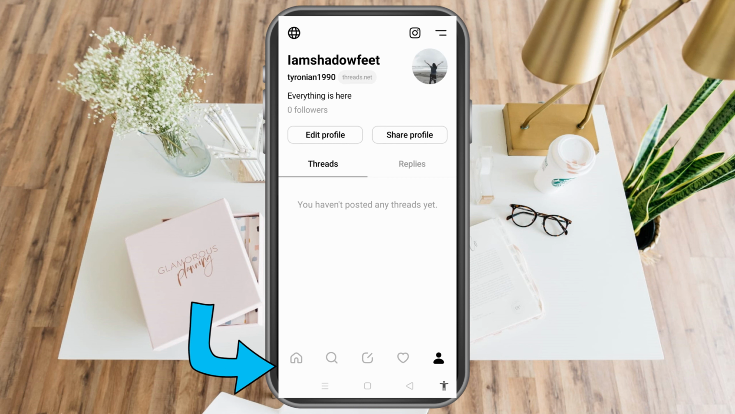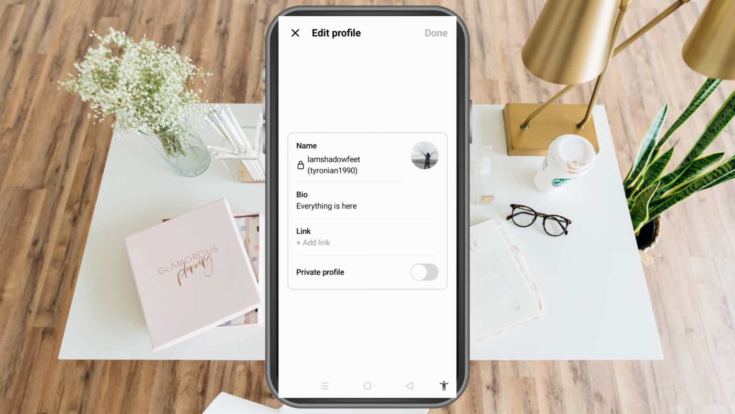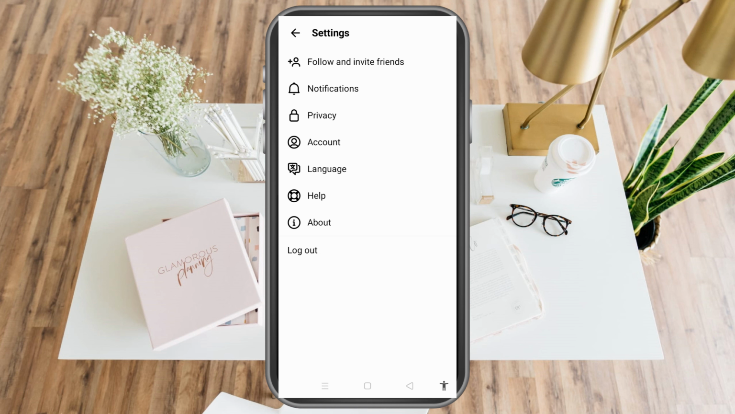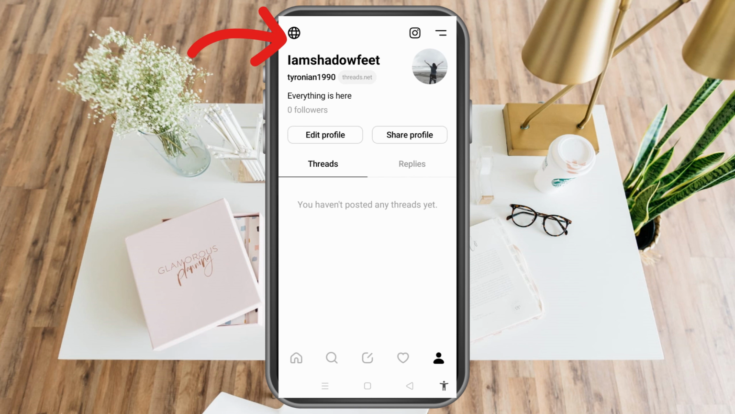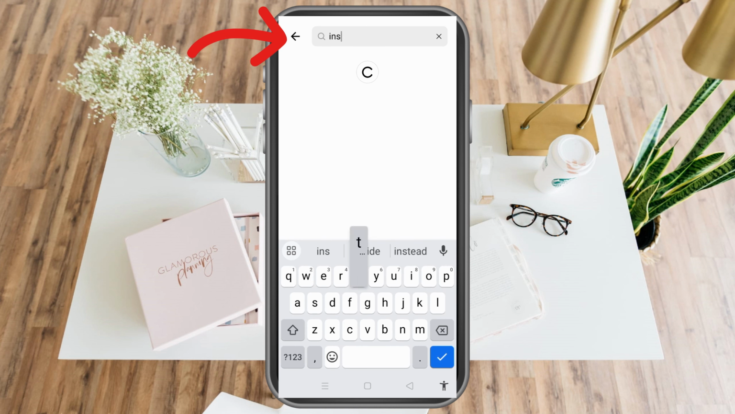You can tap edit profile if you want to edit some information about your profile. Okay, and then if you want to exit, tap X. So the two lines at the top right corner is your settings. You can just simply adjust and edit everything here: notifications, privacy, account, language, help, and about. Okay, so that's it. Now you can go back, and let's just say you wanted to search someone and you